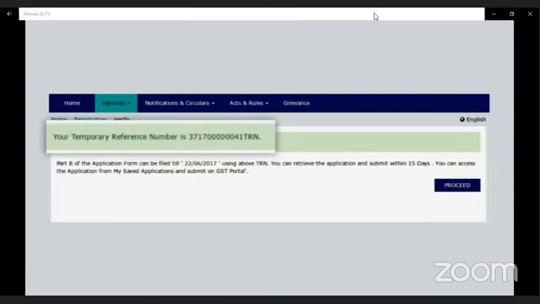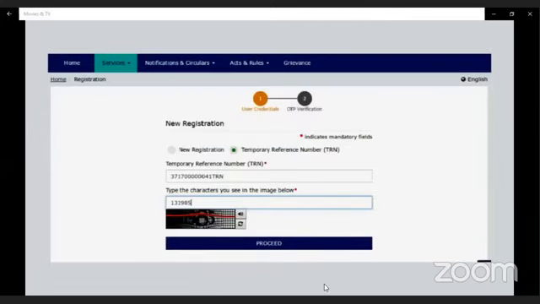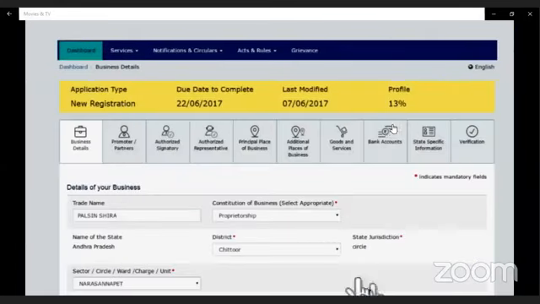You can use this TRN for proceeding further. An OTP will be received again on the phone and email. After entering CAPTCHA, the main application shall open with 9 different tabs and 1 verification tab for the convenience of the applicant. In the Business Detail tab, one shall fill the details of business, reason for registration, and other related